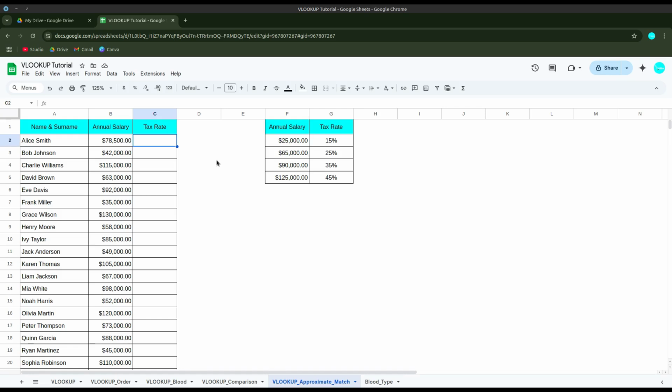So let's start with the VLOOKUP function again. VLOOKUP, search key is this one, annual salary, and then the search range is this one. Press F4 to lock it, and column index is 2 because tax rate is stored in the second column. And now we are going to type 1, not 0, because